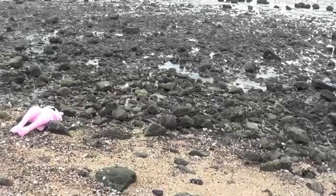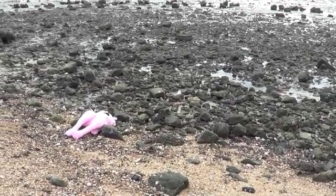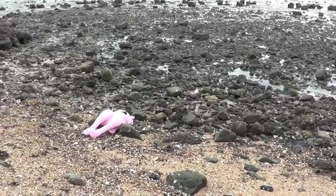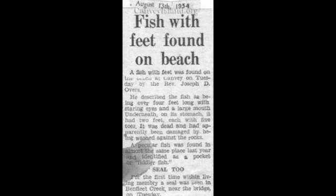So I'm just going to read to you now this newspaper cutting from August the 13th, 1954. "Fish with feet found on beach. A fish with feet was found on the beach at Canvey on Tuesday by the Reverend Joseph Diovers, who of